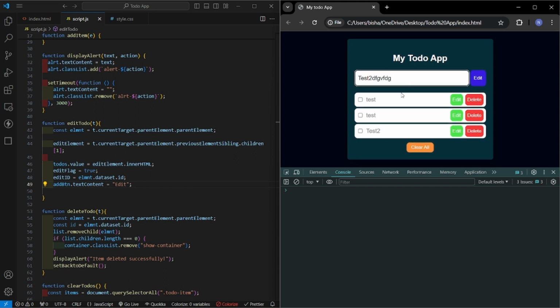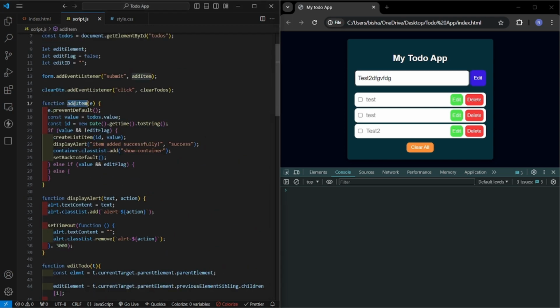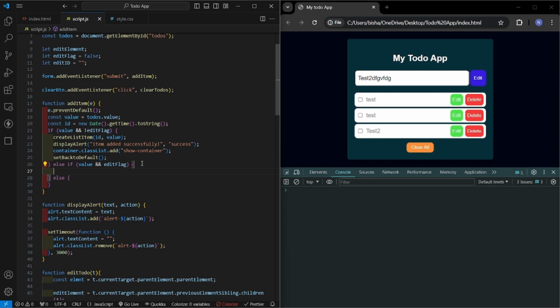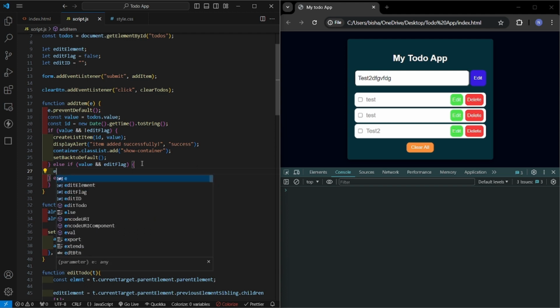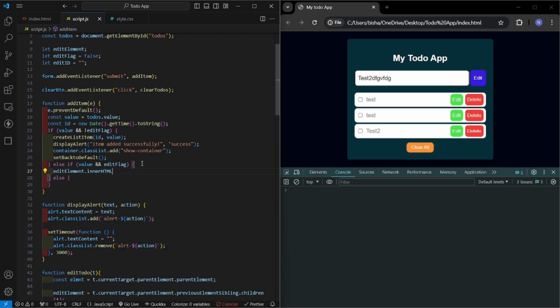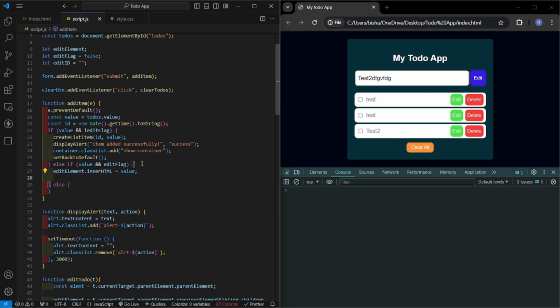whatever we want. Now when we click edit here, we have to run this function addItem, and this is the case when the edit flag is true and we have the value. Then what will be done here? Now let's work on it. Here we will be putting our edit element. Edit element.innerHTML will be equal to the value that has been sent,